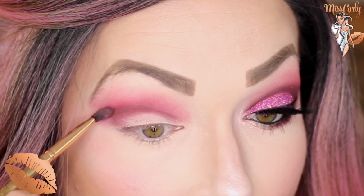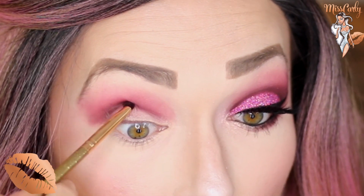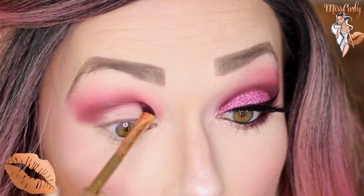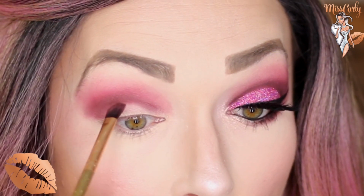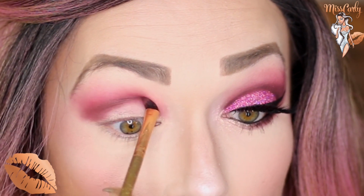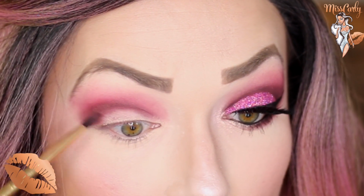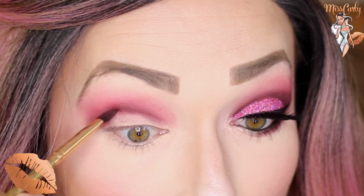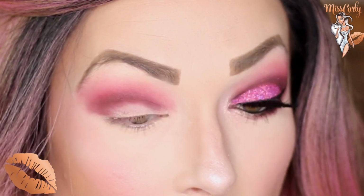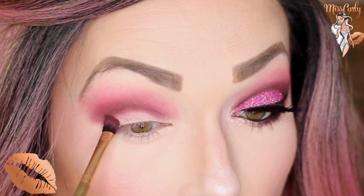This is actually not the best brush. I'd probably use a more stipply, firmer brush, but it's wet right now. So I'm just gonna go in and just really pack it in. And of course, we're gonna be using that fluffy brush again to fluff it out and blend it out with this area. And then also, I did create the V as well,